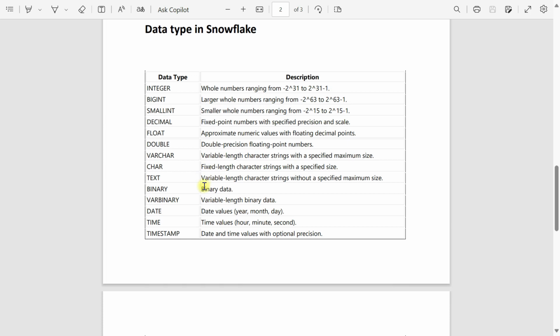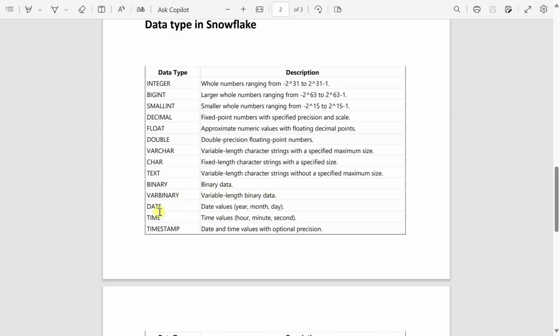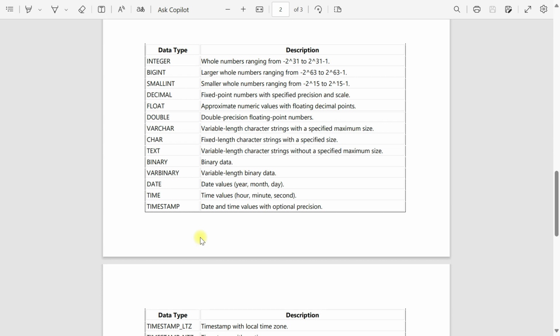text data type used for variable length character string without a specific maximum size, binary data type used for binary data, variable binary data type used for variable length binary data, date data type used for date value, time data type used for time value, timestamp data type used for date and time value with optional precision,